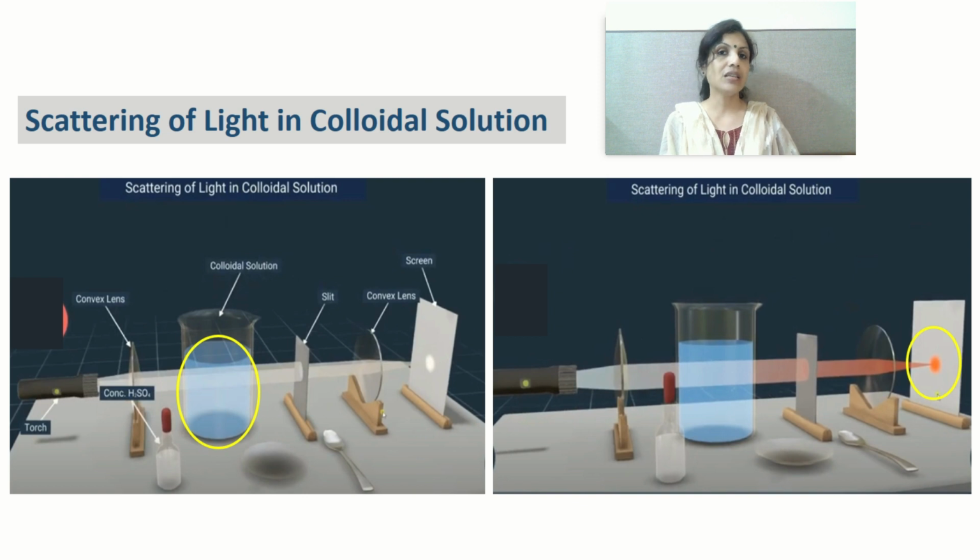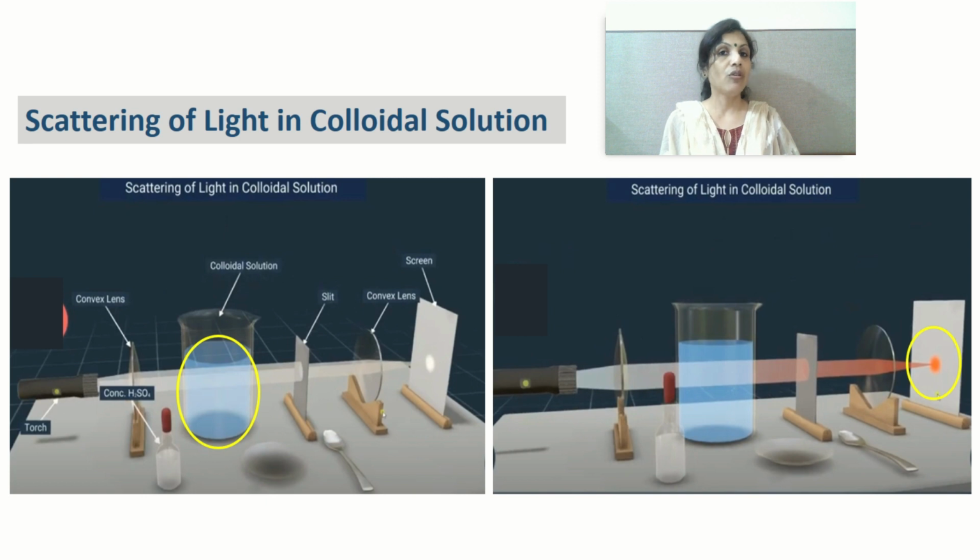So with this, our understanding about why the sky appears blue in color, and why the color of the sky at the time of the sunset and sunrise is reddish in color, is clear. So this is the last topic of our lesson. With this, the explanation part of our lesson is over.